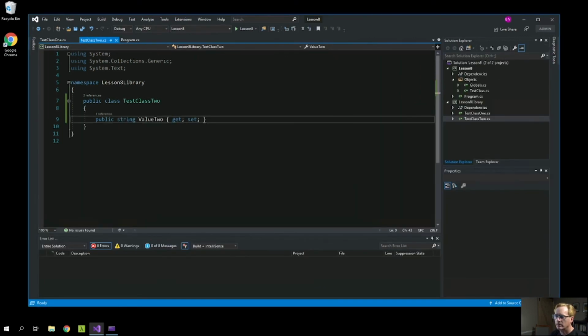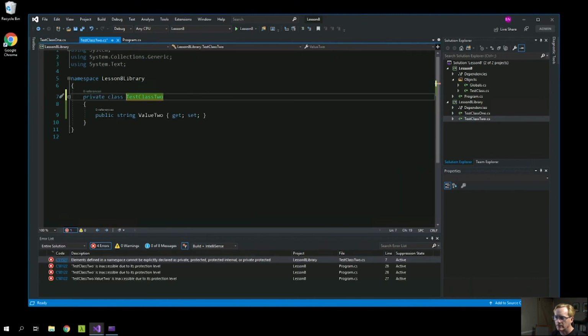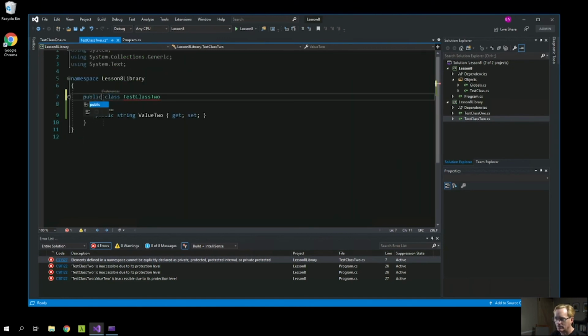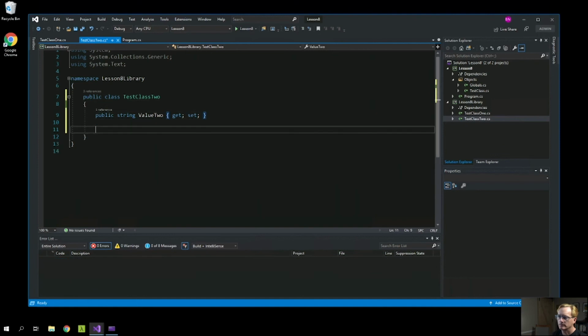So let's go to test class 2. What if we make this private? You get a couple of different errors. It's unhappy because defining a class like this as private means that nothing can access it. And you'll also notice back in our program, we've got a bunch of errors in here because they're private now and it can't access them. If we make this public, what you could do,